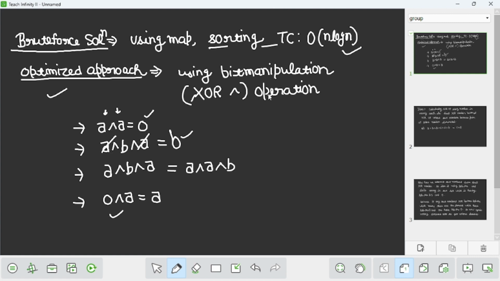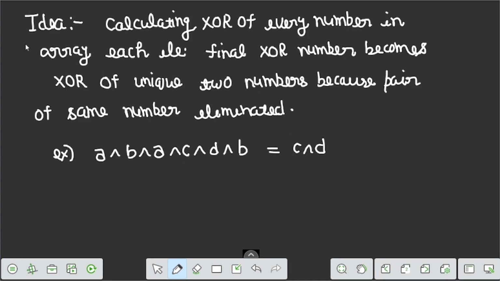So what is the idea for solving this question using XOR? The idea is very simple. We calculate the XOR of every element in the array, each element XOR to each other, and the final XOR number becomes the XOR of the two unique numbers, because the pairs of the same number are eliminated. Many elements exist in pairs as duplicates. Suppose in this example A and A are the same, so A is eliminated, and B and B are the same, so B is eliminated.